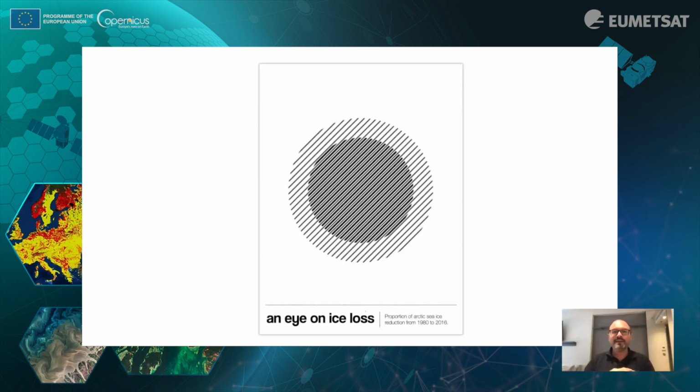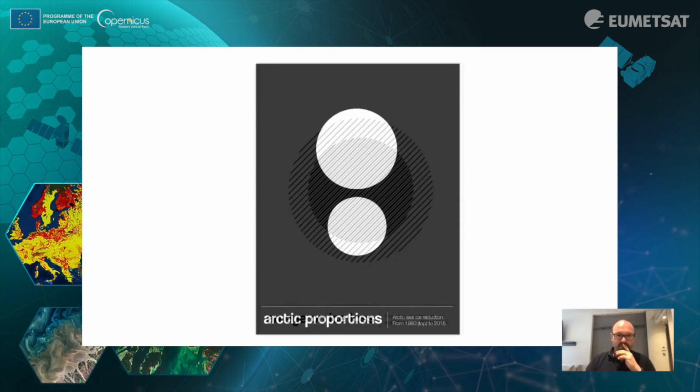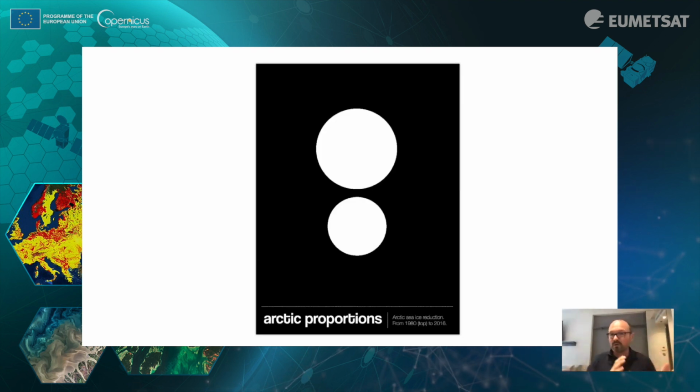So here was our first go. It's called Sea Ice Loss, and it's really trying to show the difference graphically between the size of Arctic sea ice, or the extent, in 1980 compared to 2016. Very simple. It's one message, and it's there to gain your attention, pique your interest. Actually makes my eyes go funny, that one, but we've got different versions of the same thing. So black and white we're using, and we have the 1980 sea ice extent versus 2016 sea ice extent, and it's showing how it's reducing, basically.